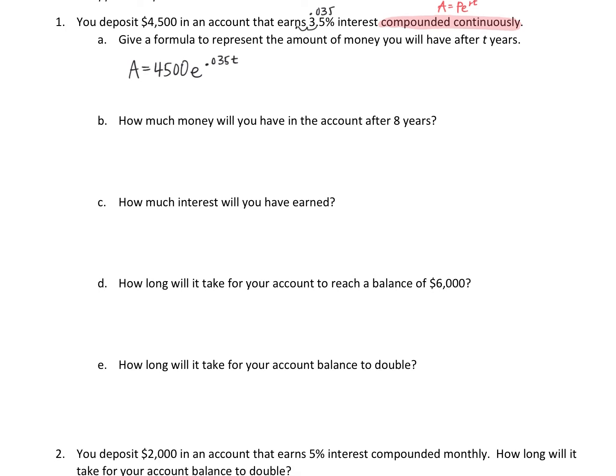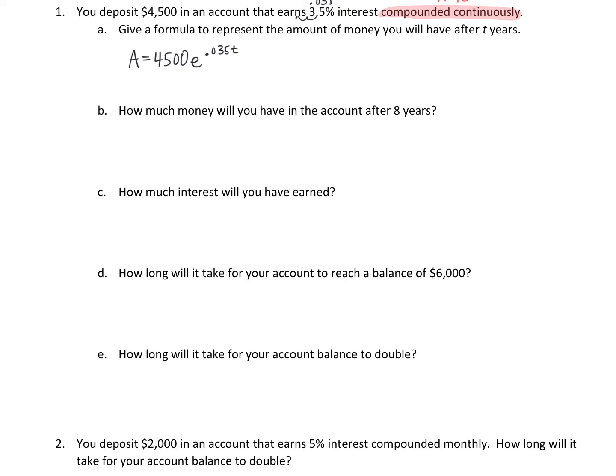We're going to use that formula for the remainder of number 1. So B, C, D, and E, to answer those, we will use the formula from part A. So part B, how much money will you have in the account after 8 years? So 8 is the years, so that's going to go in for T. So this is a very straightforward application of using the formula. So you would just plug in 8 for T and put that in your calculator. So 8 times 0.035, raise that to the e, and then multiply by 4,500. And you will see that you get